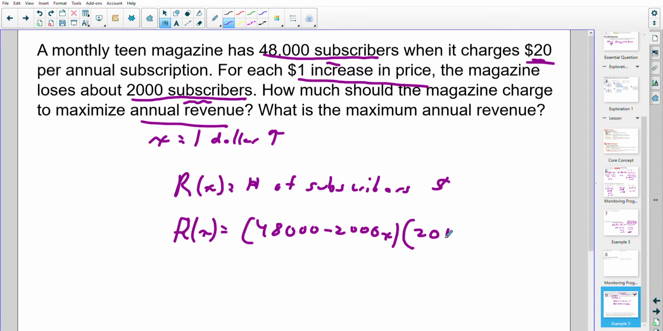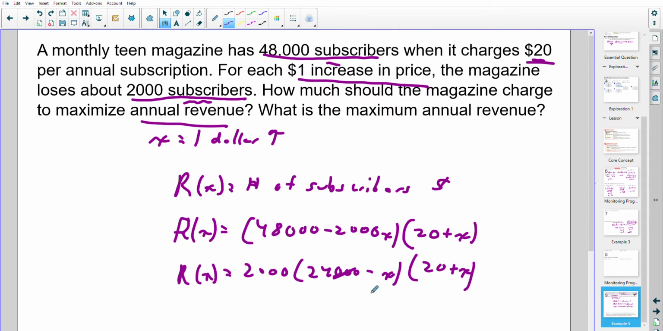So it's going to be 20 plus the $1 increases, X. So as this goes up, the subscribers go down by 2,000. Now, interestingly enough, it's already in factored form. But you can also pull out a 2,000 from the first factor and see that you're left with 24. So 24 minus X times 20 plus X,